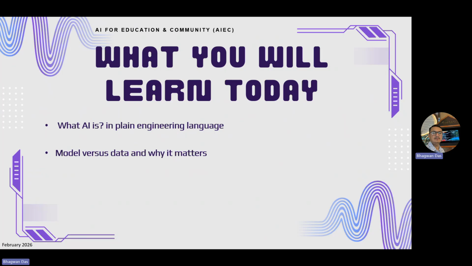Using simple examples, I will show how model and data work, talk about a few important tools that help in understanding model versus data, and then talk about where AI hides in school and daily life.